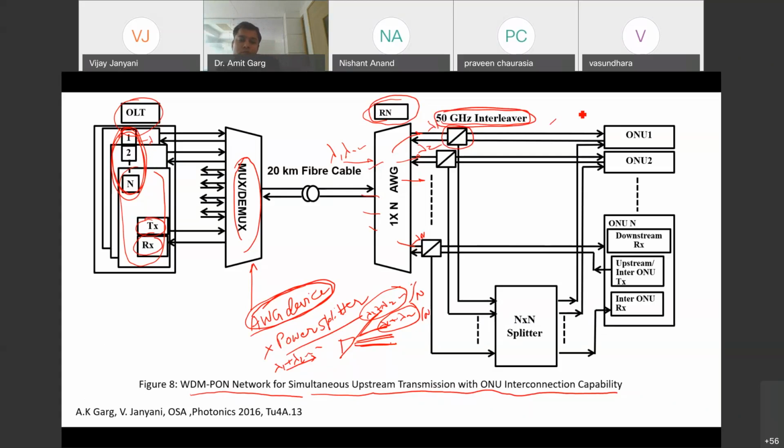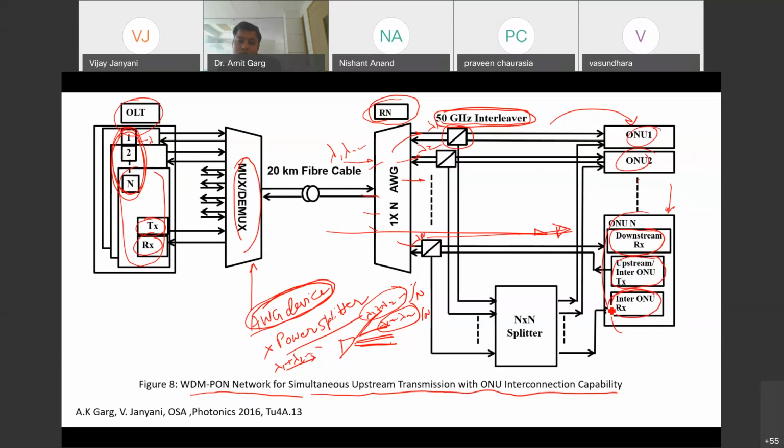And on this side, each ONU is like this. Only one is shown here in this expanded form, but each ONU is something like this. Each ONU has one downstream receiver, used to receive the signals which are coming downstream. Then it has an upstream inter ONU transmitter and inter ONU receiver also.